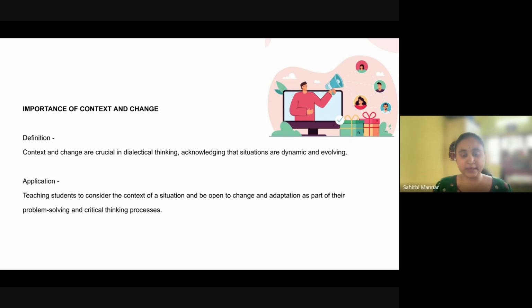So in this very basic principle of DBT, it states that we actually have to take into consideration, even while having a conversation with the client, it is our responsibility to make it very clear and explain to the client what the context is, and also make the client ready for the change. This also means giving the client skills to cope with the changes that are happening, and making the client well equipped with the skills that they can use to adapt to the change that is happening around them.